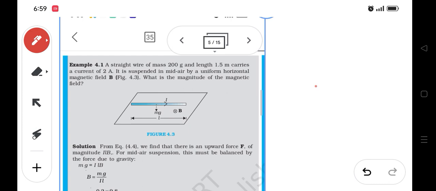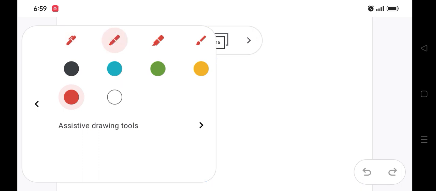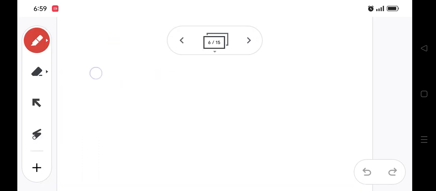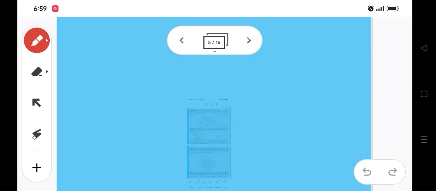So, straight wire of mass 200 gram. We can write mass equal to 200 gram. Length equal to